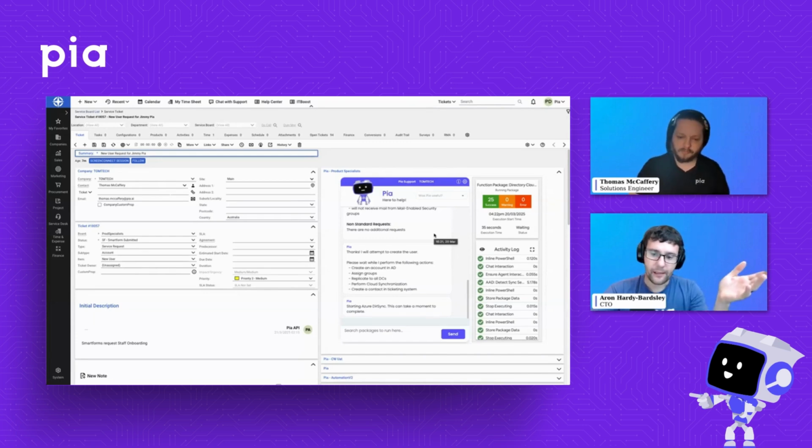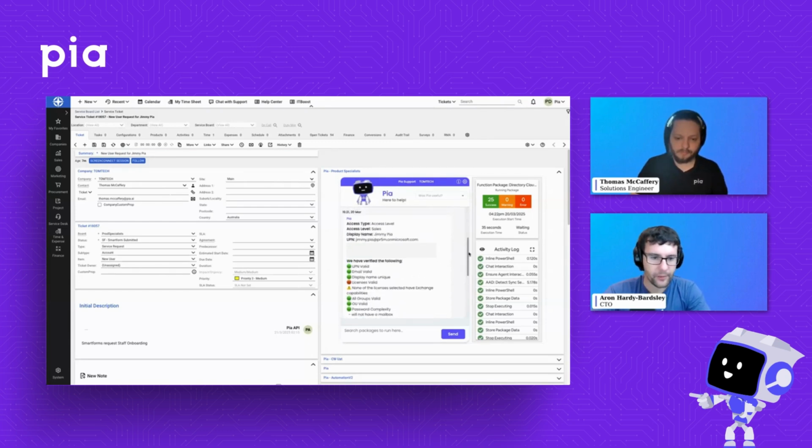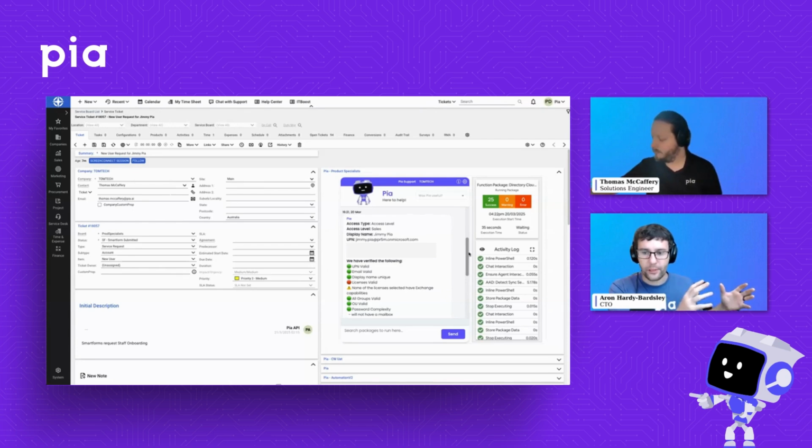Yeah, so when we submitted that SmartForm request, Pia actually started processing the request. And I think if we scroll up a little bit, we might see some verification information. There we are. So not only have we captured the right information, because we've got the right form with the right options in the fields, we've got live data being populated into the form as options. So you can't select the wrong Sarah as the manager. You have to pick the right one. But effectively, after that point as well, we also verify all of that information.